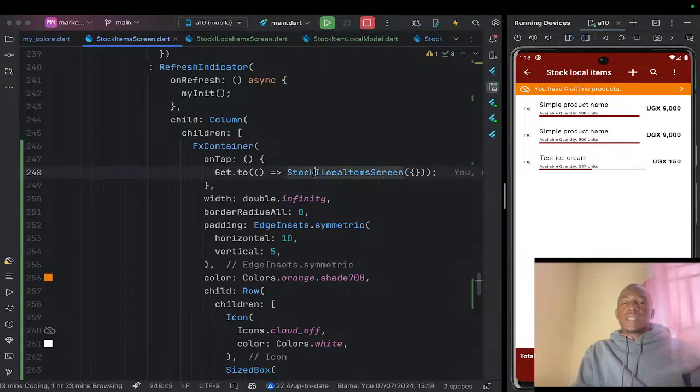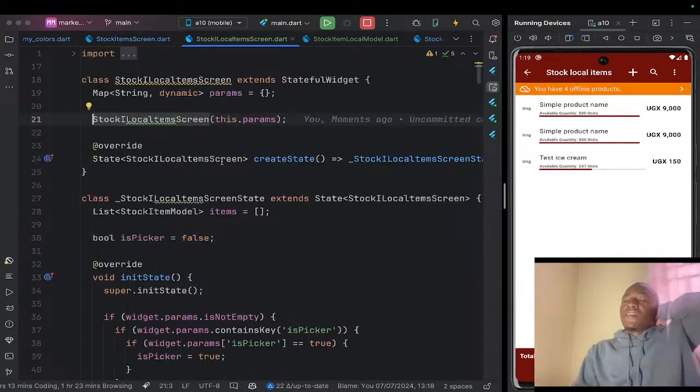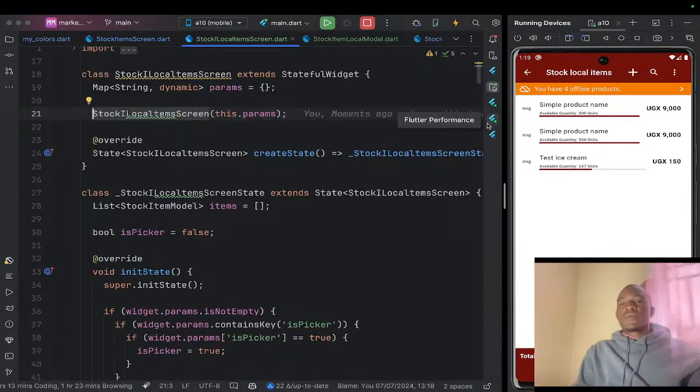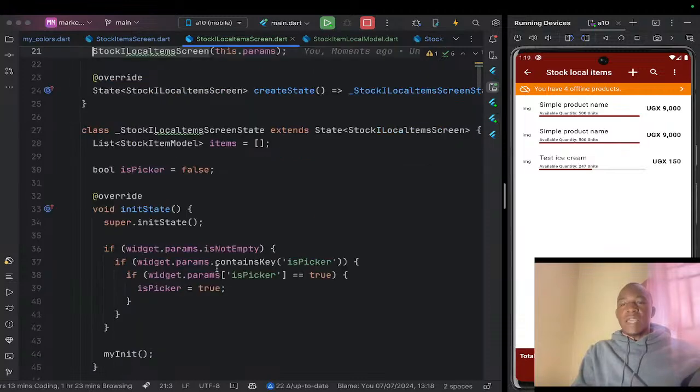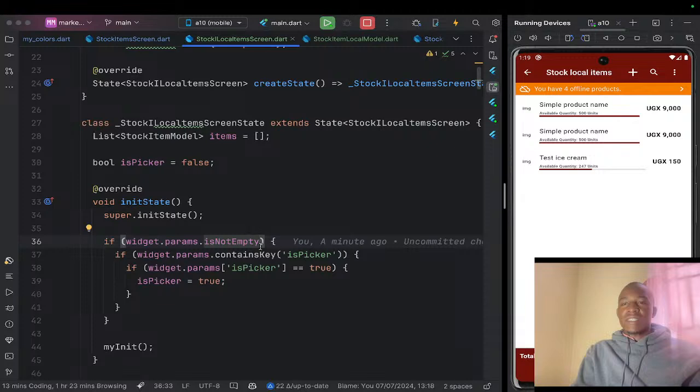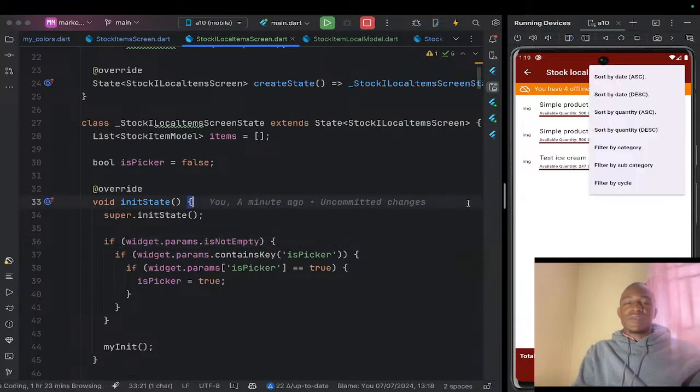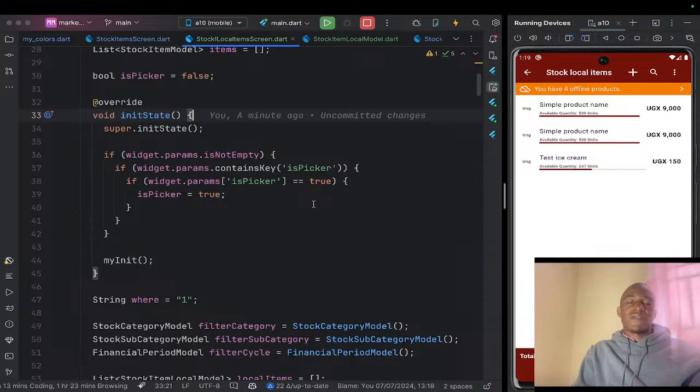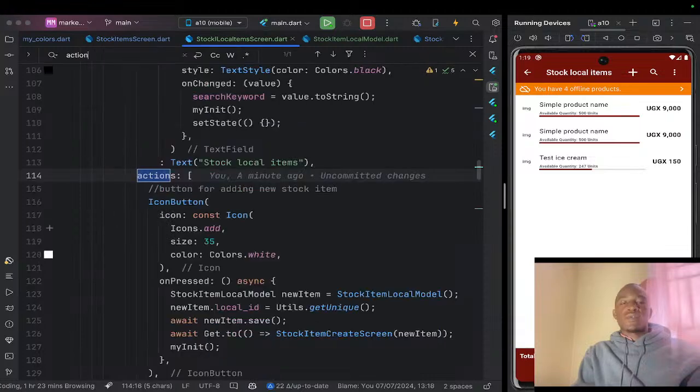So here in stock local items, you don't need a lot of things. First of all, we're just going to remove even the addition logic. We're going to remove it. Just going to put here, for example, stock local items. Let's go ahead and remove those things. So let's go ahead and go to actions. I want these things of sort by